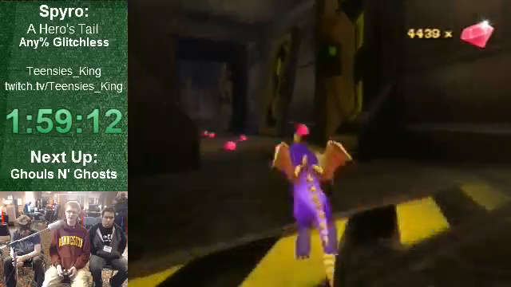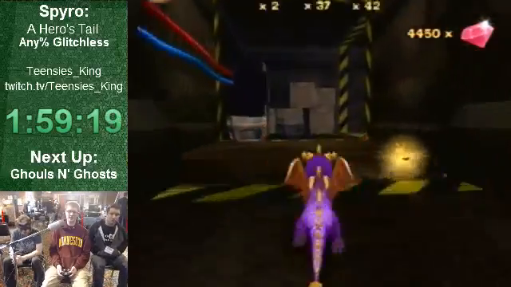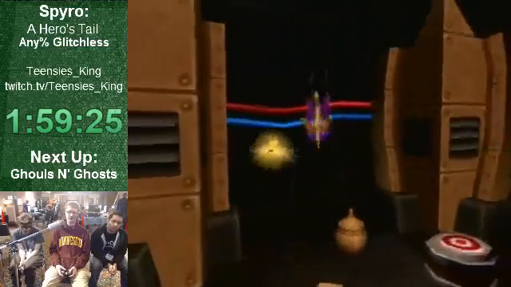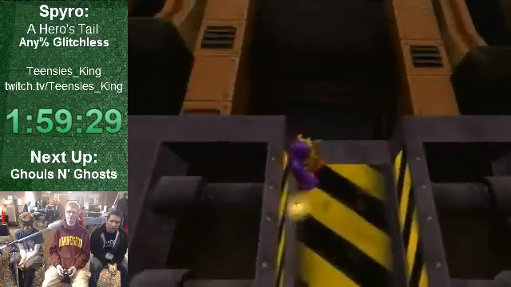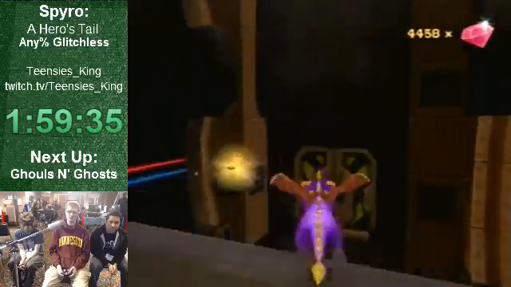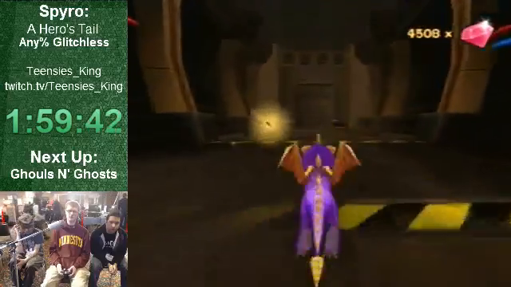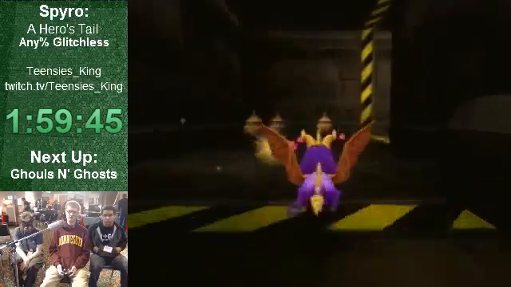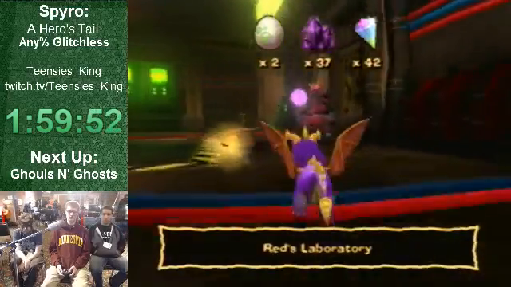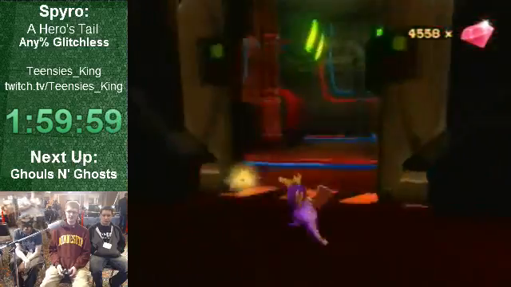So at the bottom it says Dark Mine there. Not actually sure why, because this area is the loading area for Red's lab. So it's kind of just telling you, hey, you are in the Dark Mines, now you're leaving. So the strange thing about Red's lab is that there are 3 different ways